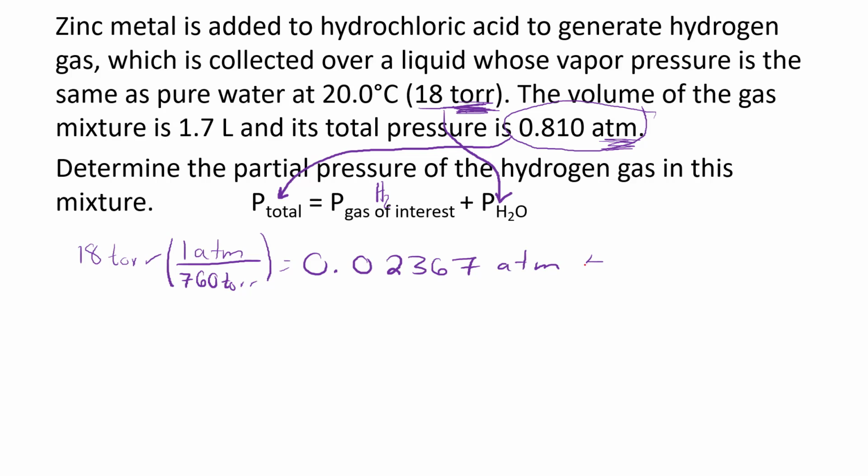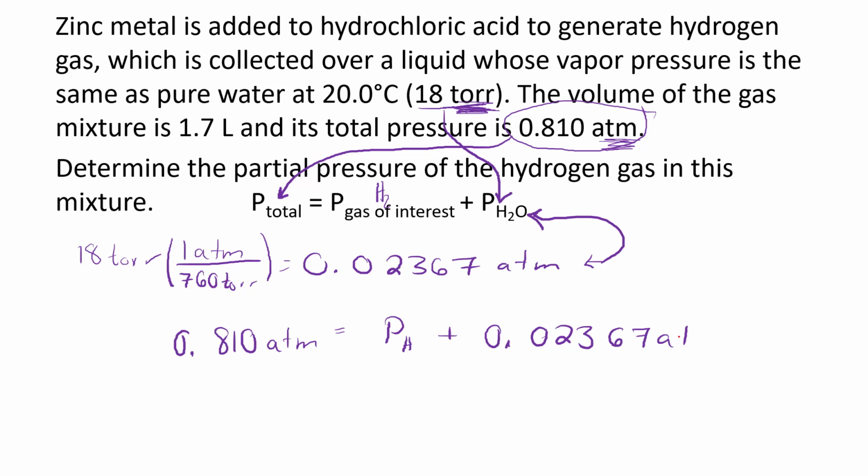And so this is the pressure of the other liquid, or where we're plugging it in here. And now that we've done it, it's a pretty simple problem. We have our total pressure, 0.810 atmospheres, equals the pressure of hydrogen plus the pressure of the other liquid, which in this case is 0.02367 atmospheres. And so now if we take 0.810 and subtract this 0.0237 number, you're going to get a partial